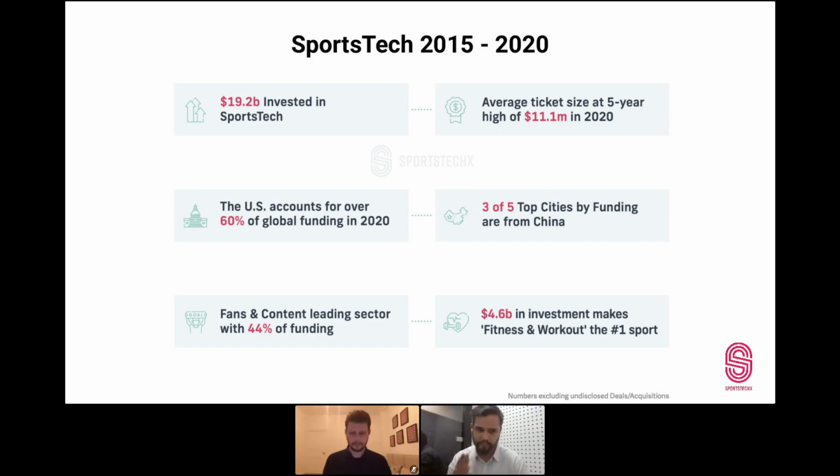In terms of sectors, fitness has been the hot one. Content and esports, we've seen a bit of it in 2020, but the gap to fitness is clear. But yeah,